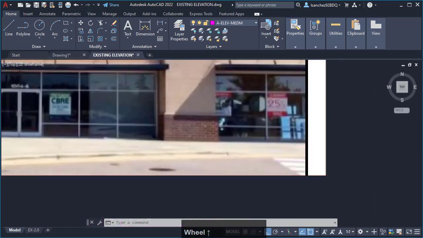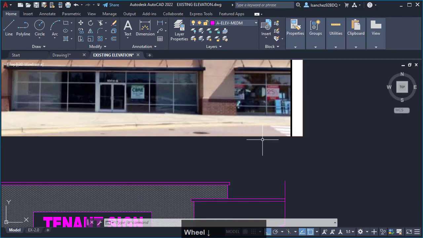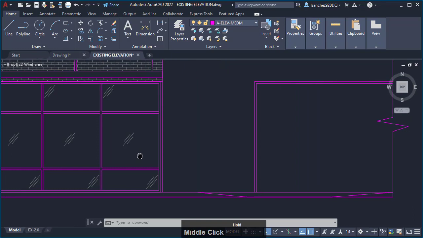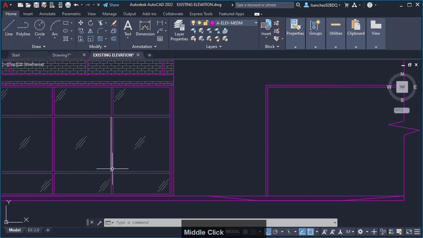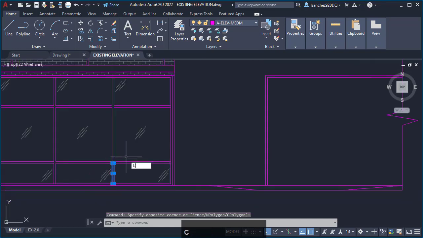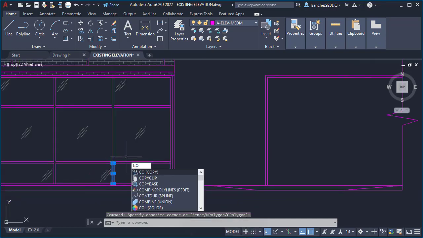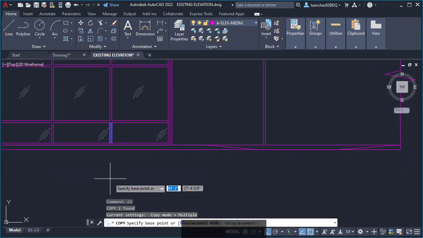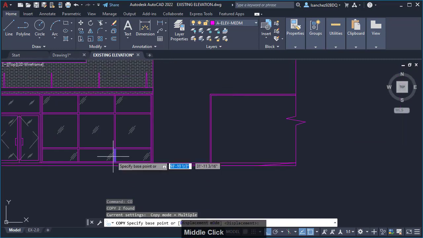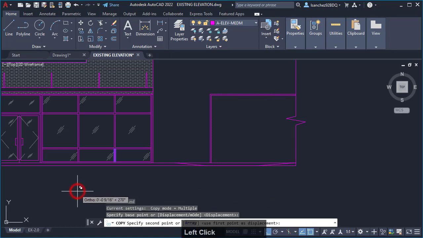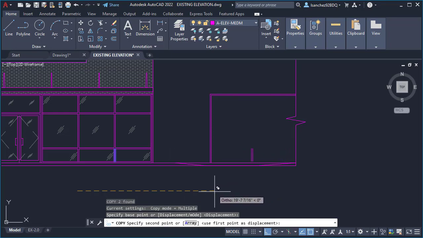Again, let me see the picture. Okay, it has two frames in this way. So let me copy these lines over here using CO, copy for copy. I'll press enter and then specify base point. Since I don't need to draw with precision here, I can just click anywhere on the model space, like here for instance, and then specify second point. I'll move it like here, like so,